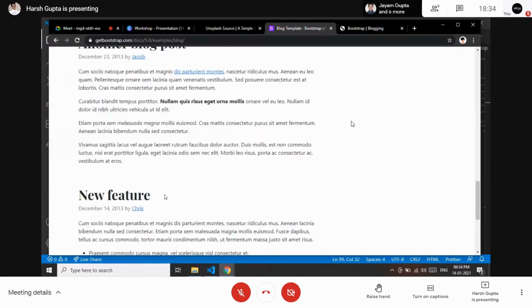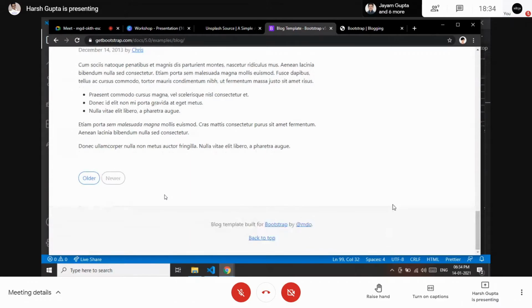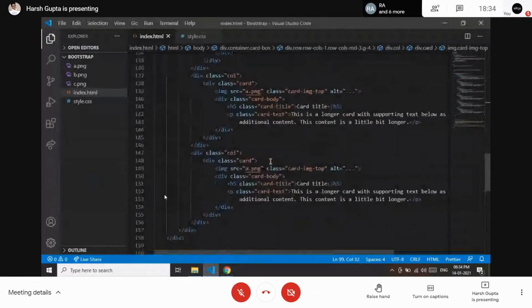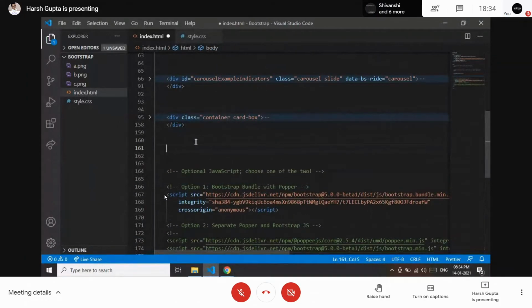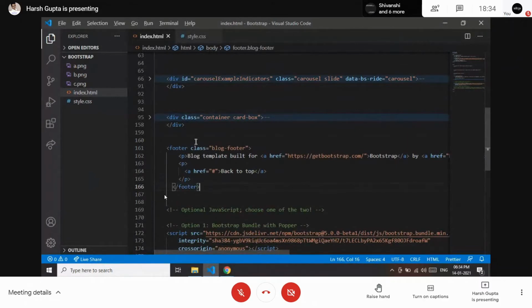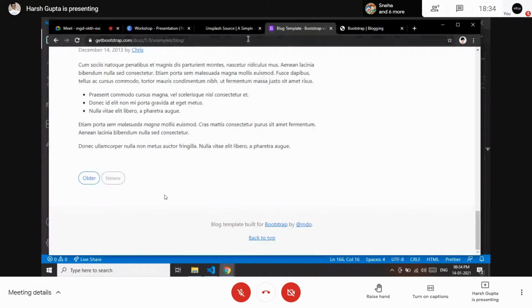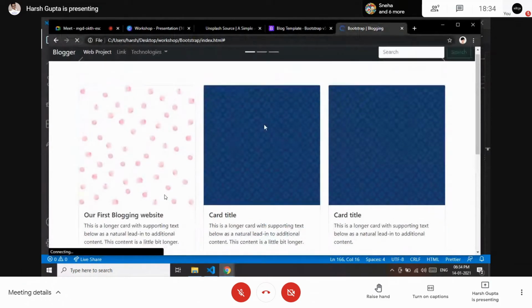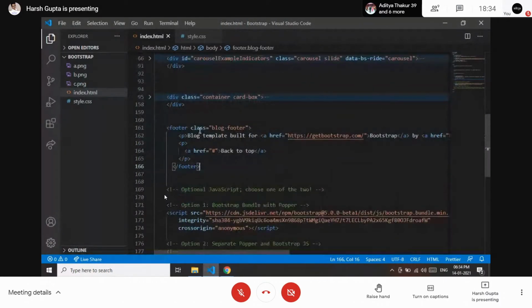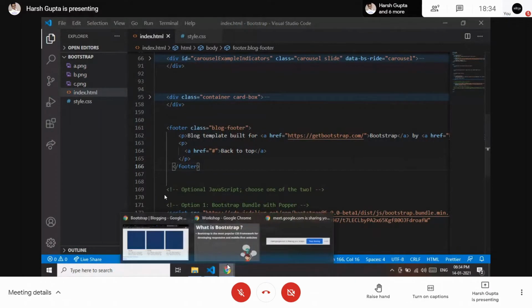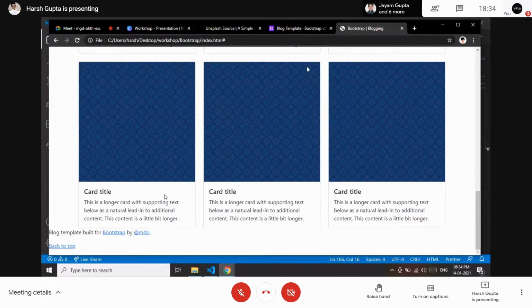So what I did here is copy all the footer content and paste it. Let me just shrink it. Okay, now I applied the footer and saved this. I'm going to my blogging website and refreshing it. Now at the end, you will see our footer has come. But it should be in the middle, so why is it in the middle? Let's see. Okay, we have the blog footer. Hmm, I think it is not working here, so let's just take another blogging one.